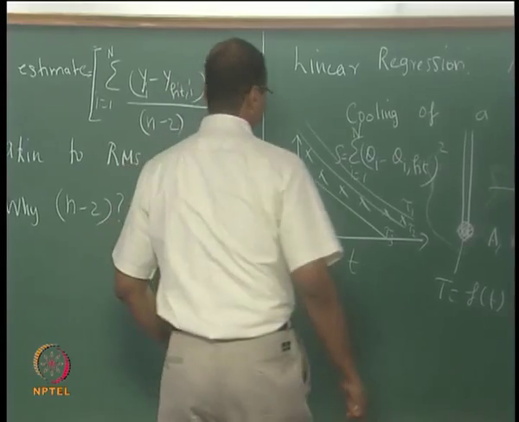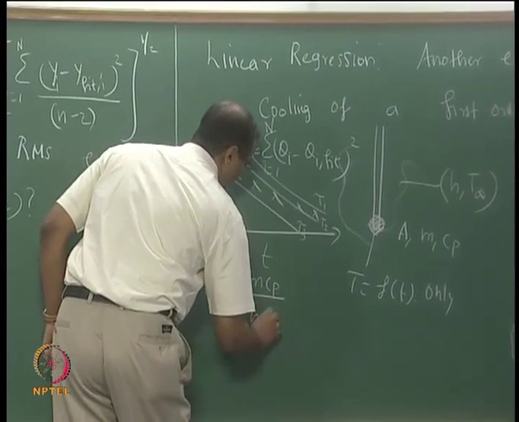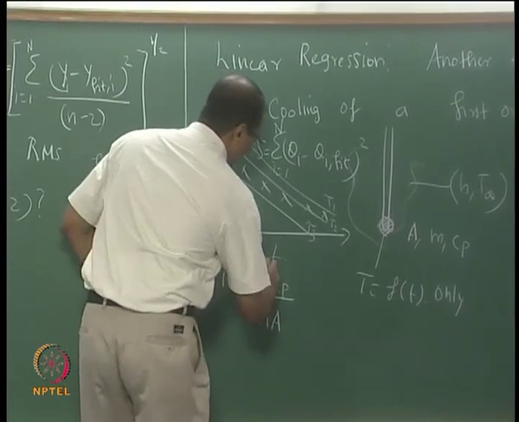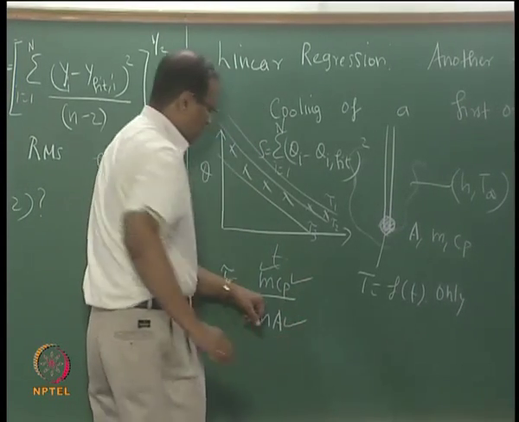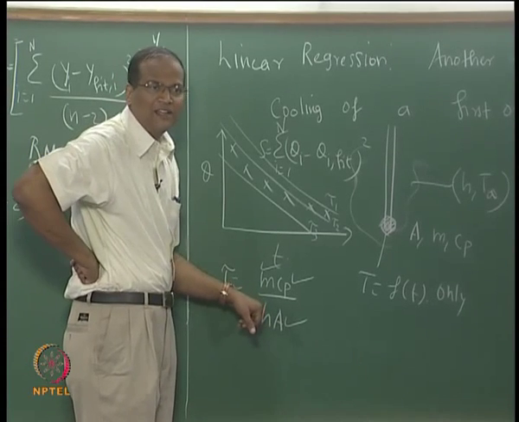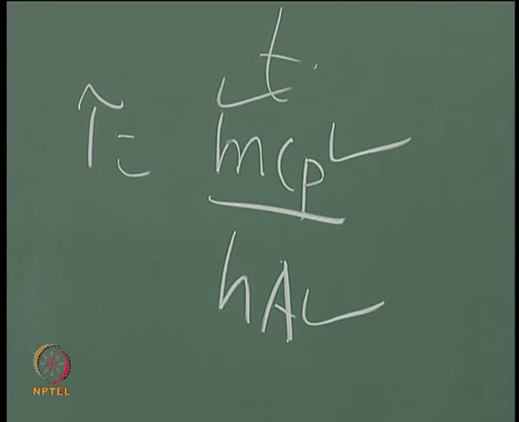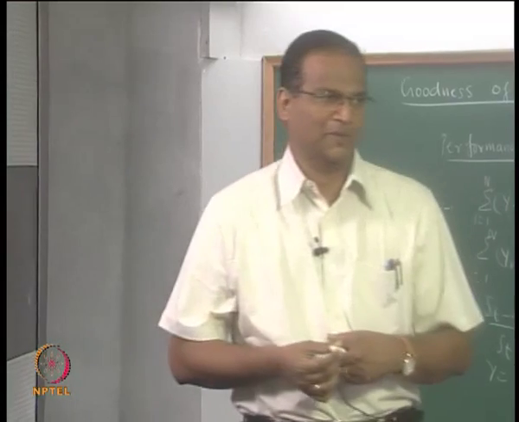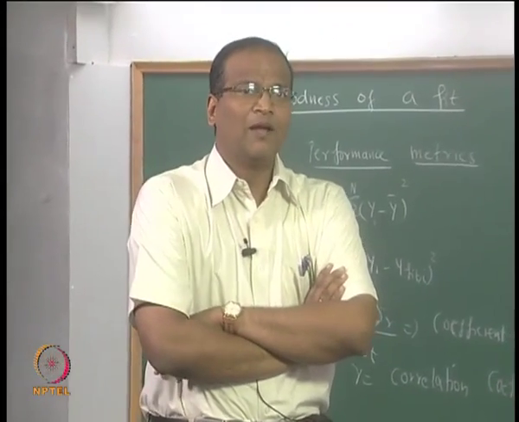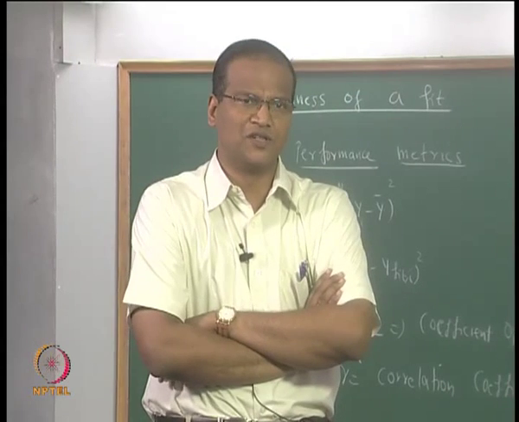That is the best estimate of the time constant for the system. From the time constant tau, if you know m, if you know Cp, if you know area, it gives you a very simple and inexpensive method to determine the heat transfer coefficient. So this is the measurement of heat transfer coefficient by conducting unsteady heat transfer experiments. But the assumption here is that the heat transfer coefficient is a constant, but unfortunately it is not.